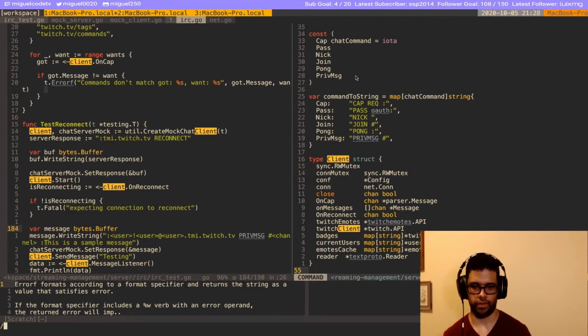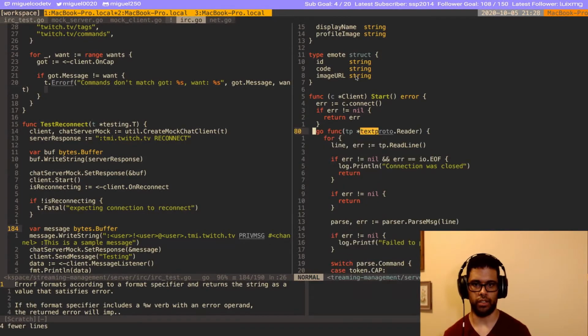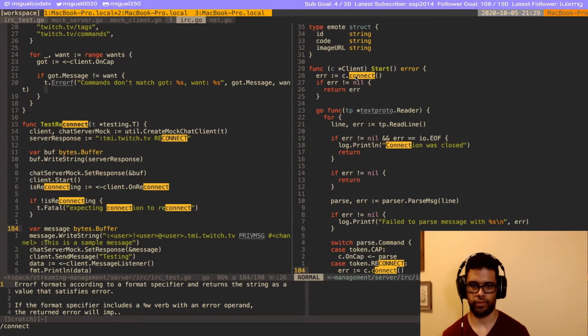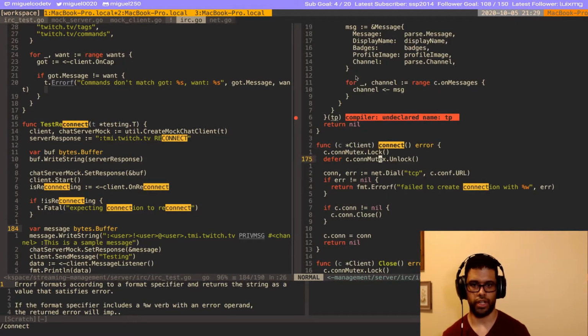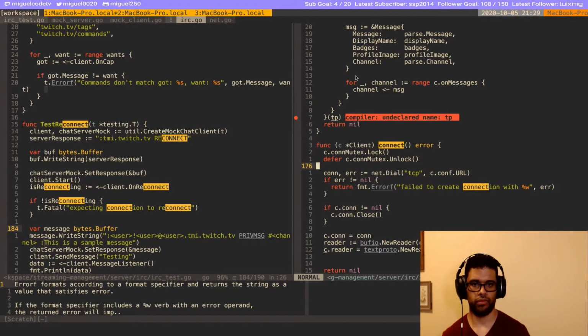And so I'm going to take this whole thing and add it to our connection. Our connection is the one that's going to set up all that work. And here it's going to set the reader. We don't need to do this anymore.